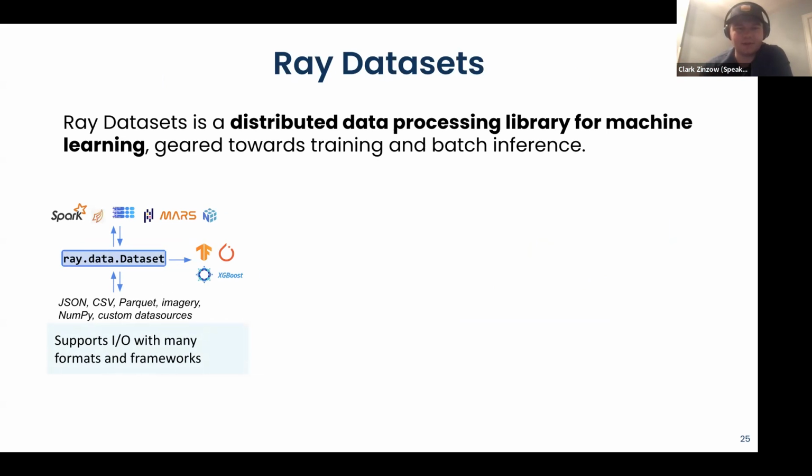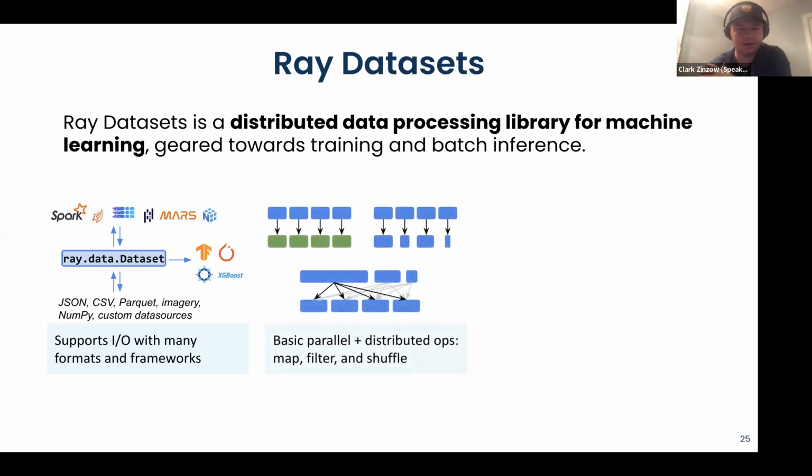Basically your favorite file formats like JSON, CSV, Parquet, NumPy, the NPY file format, as well as really efficient exchange with other distributed task execution frameworks or distributed data processing libraries like Spark, Dask, Mars, Modin, and also machine learning libraries like TensorFlow, Torch, and distributed XGBoost.